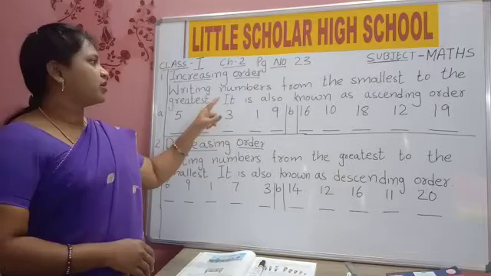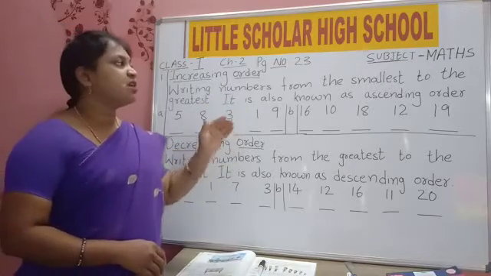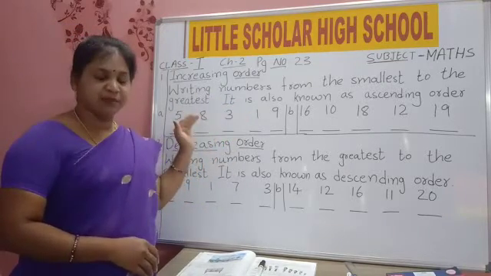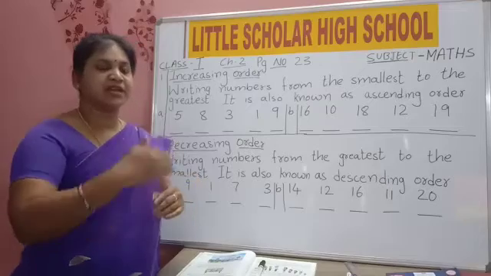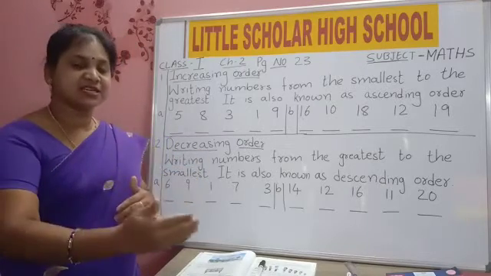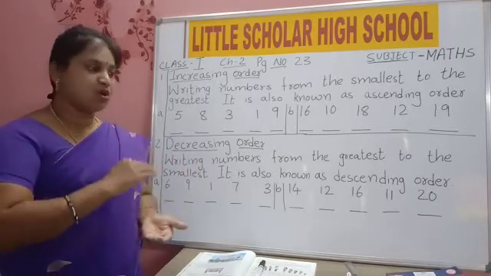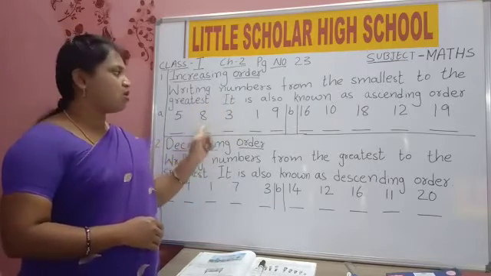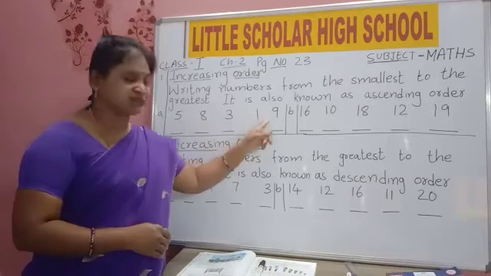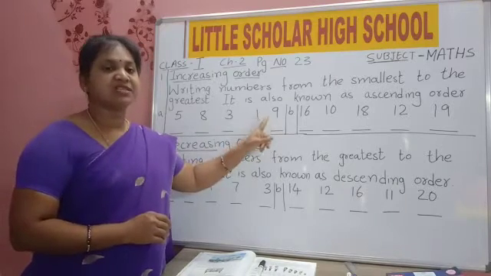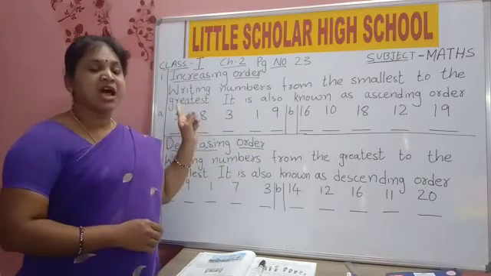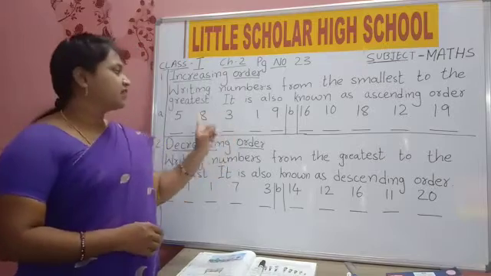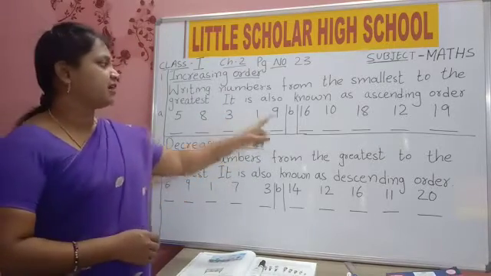In increasing order, first we will select a small number, then the next small number, then the next small number, then the last big number, from small to big. We will read out the numbers first, then in those numbers we will select which is the small number. After that, the next small number, then we will fill the dashes A and B.